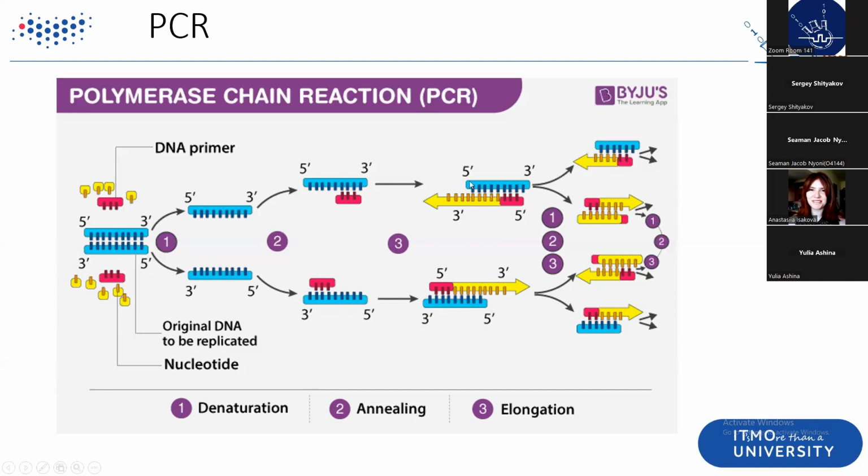And then you would simply program the number of repeats, and after some time you would finally hold the amplification, the whole procedure, hold the reaction at from 4 to 15 degrees for an indefinite time, for the short-term usage of the PCR products. So this is a kind of universal, very simplistic scheme of the PCR